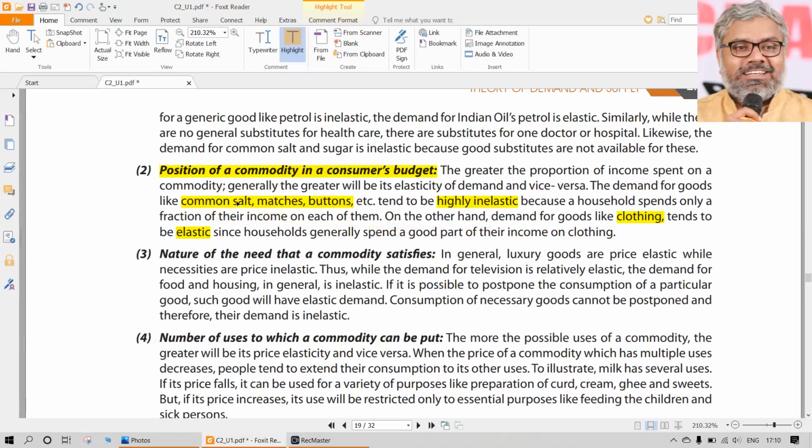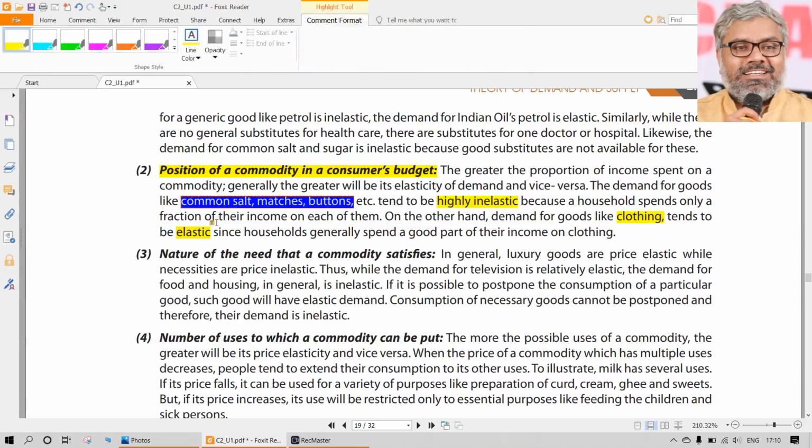Simply speaking, did you ever hear there is a discount on salt? Ever? Have you ever seen? Okay, now Tata Salt, normally 20 rupees, available for 18 rupees only. Did you ever see any advertisement like that? I have not seen any advertisement like that. Even if it was there, it would be for some other purpose. Maybe it is getting expired, they want to throw it. Other than that, definitely not that they want people to buy more salt because of a lesser price. So what does it indicate is the question. Salt is a less elastic product.